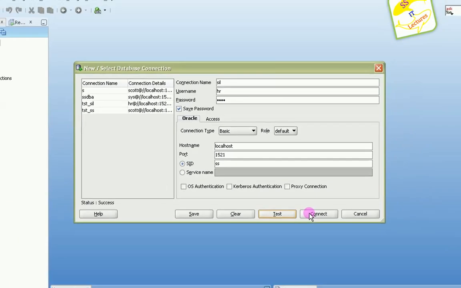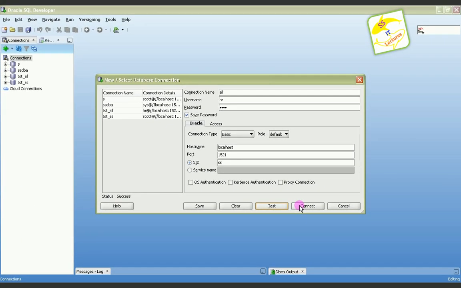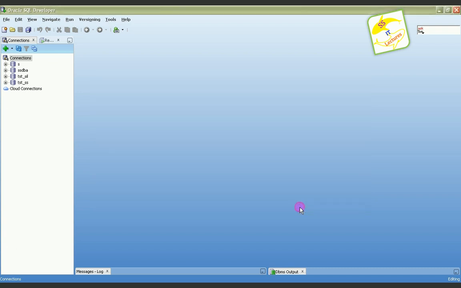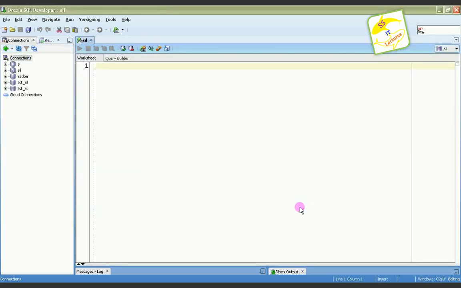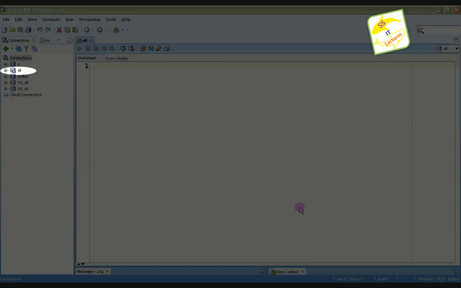After clicking the connect button, now you are connected to the Oracle database as HR user with the connection name SIL. This can be seen in the connections tab. There you can see a plug symbol which denotes that you are currently connected to the database with the connection name SIL.